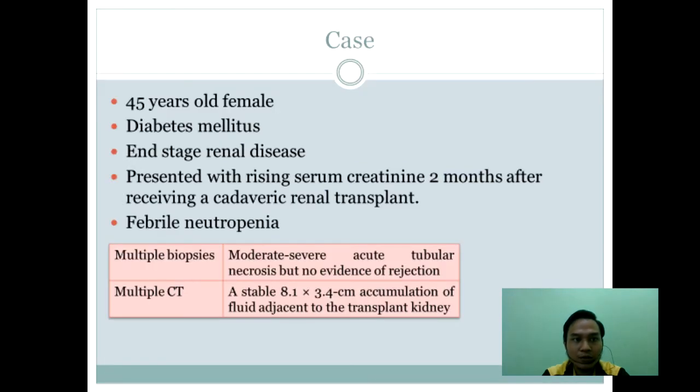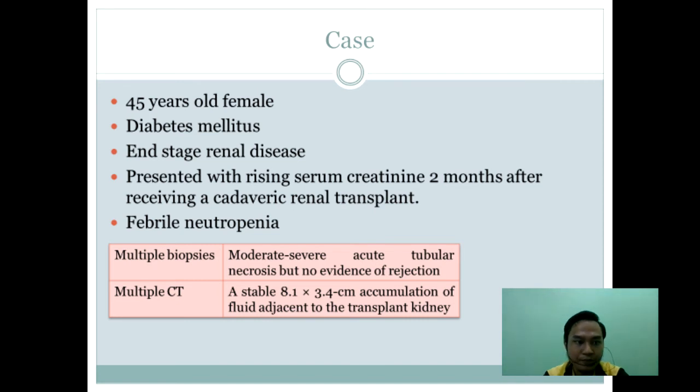Patient is a 45 years old female with diabetes mellitus and end-stage renal disease. Presented with rising serum creatinine 2 months after receiving a cadaveric renal transplant. The post-operative course was complicated by febrile neutropenia, which is a development of fever due to low number of neutrophil granulocyte white blood cell. Multiple biopsies of the transplant kidney show moderate severe acute tubular necrosis but no evidence of